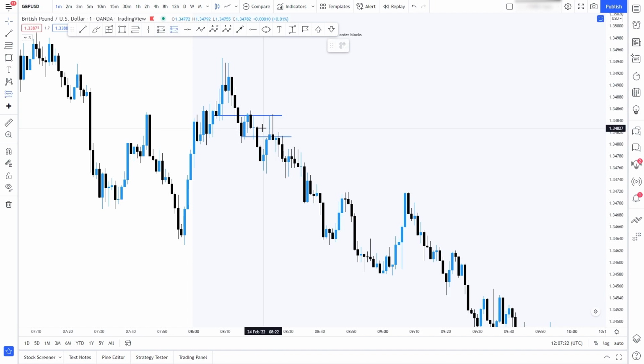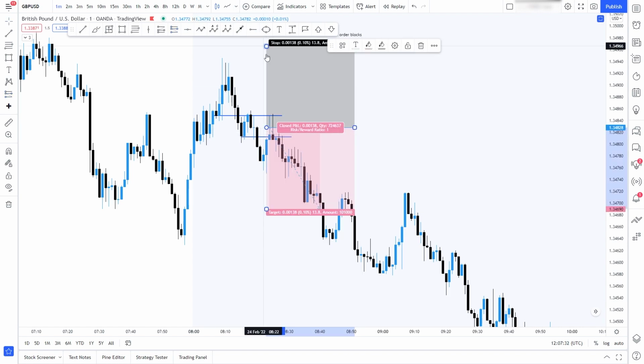So what I'm looking for is a selling position. Now there's different methods of entry. I'll get into that in another video. You can enter on the 50%, on the body, on the wick, anywhere you like. But let's say we entered around 50% or on the body or something, with a tight stop loss just